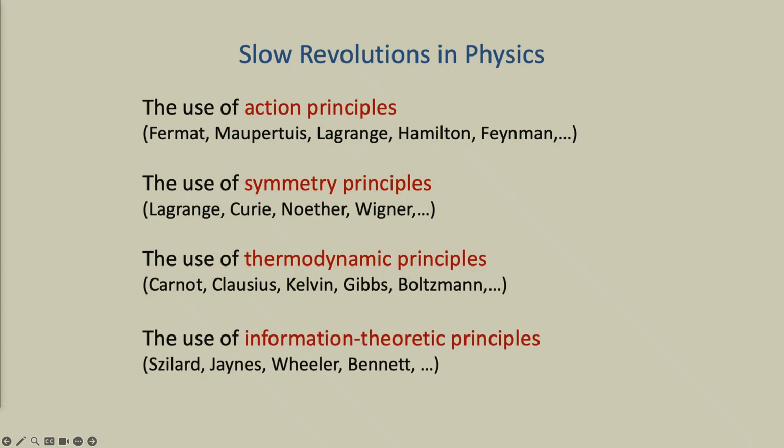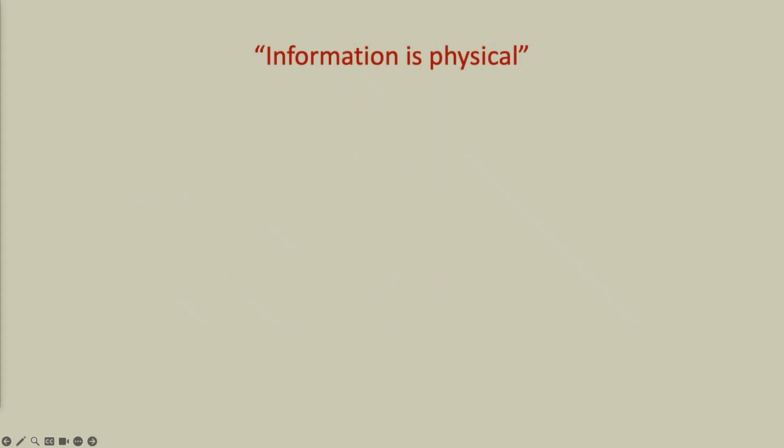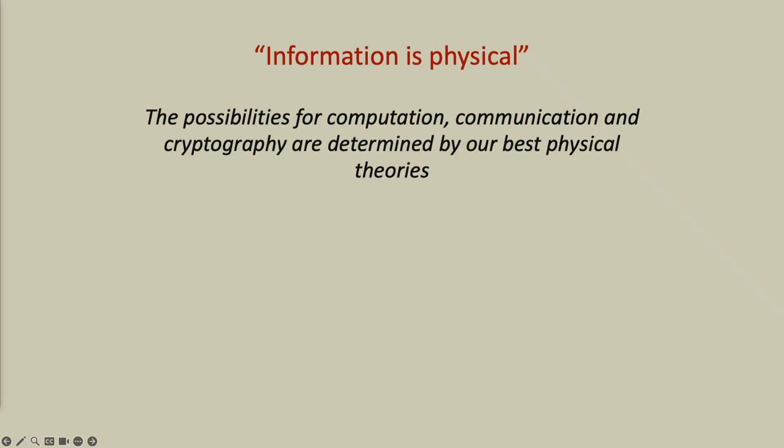So if I look historically, how have we thought about information in physics? There's one slogan, which is that information is physical. This is due to Rolf Landauer. And there the idea is that if you're in the business of building a computer or a cryptographic system, you should take the laws of physics into account, because that's ultimately what determines the fundamental capabilities of what you can do. So that's the point we were talking about before, that pragmatically the laws of physics are relevant to what we can do in the universe.